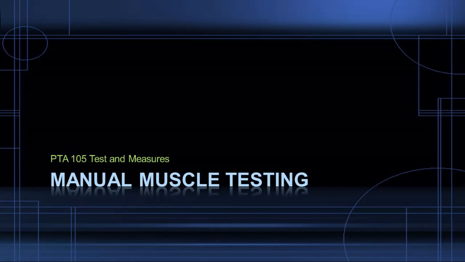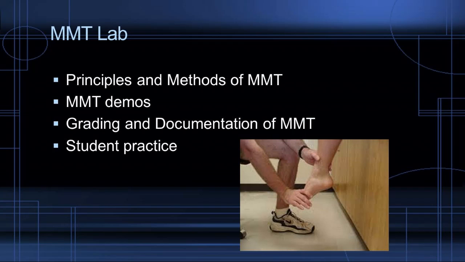The next area of testing that we're going to talk about is manual muscle testing. So we'll begin talking about manual muscle testing at the end of the first lab after we go through our goniometry. We'll do some demos of manual muscle testing. We'll talk a little bit about grading and documentation for manual muscle testing, and we'll get a little bit of practice. In the second lab, we will have more time to practice, and we will go through lots of different